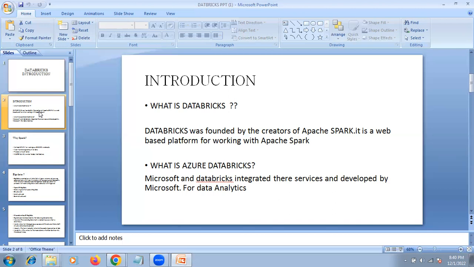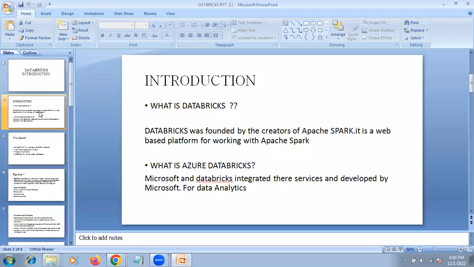Microsoft integrated Databricks into their services, which is why we call it Azure Databricks. You can use Databricks standalone by creating a community edition login.